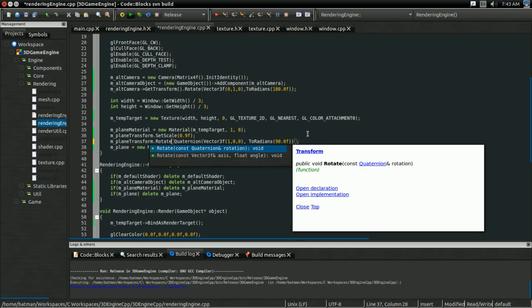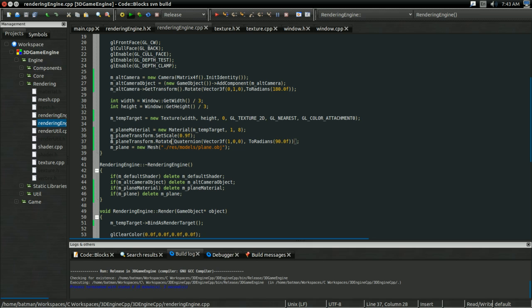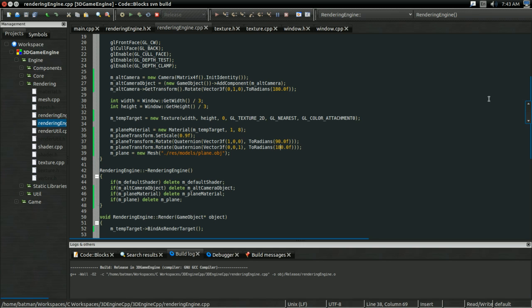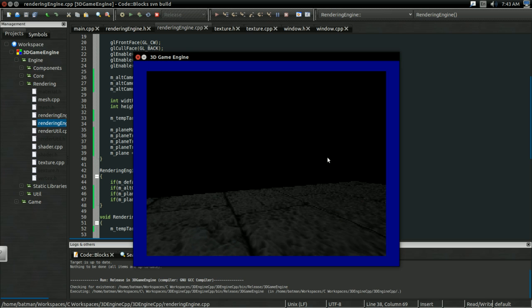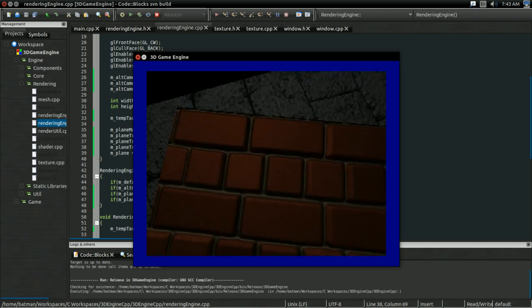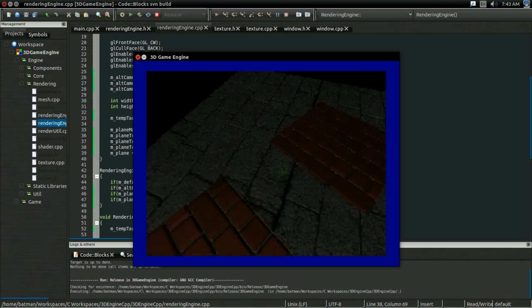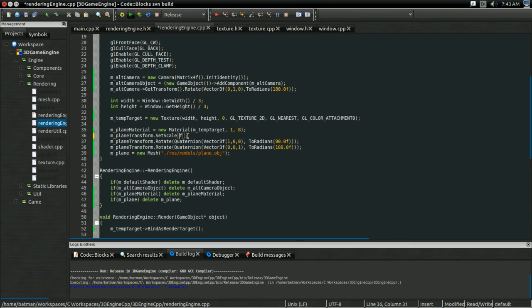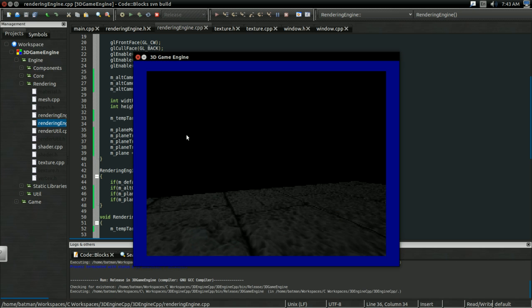So I'm going to change this to the rotate function, just so we can concatenate rotation. So first I am going to do that 90-degree rotation, then I'm going to rotate it 180 degrees around the z-axis. And there. And now we can use the generic plain primitive, like there's no issue. And because it's bothering me, I'm going to set the scale back up to 1. We don't need to see the blue border now. I think